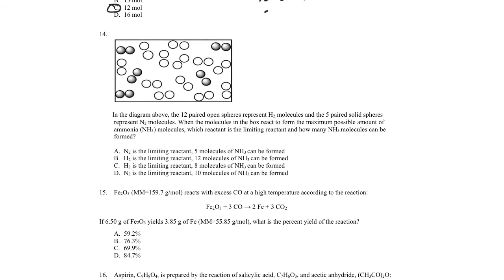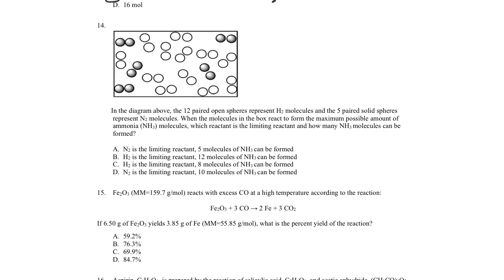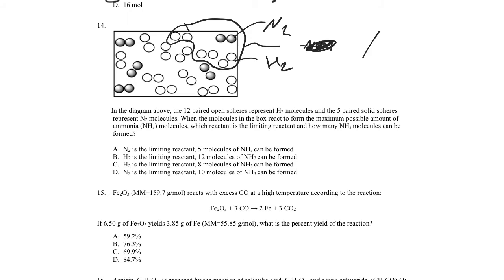Diagram shown. 12 open spheres represent H2. The 5 solid spheres represent N2. When the molecules in the box react to form the maximum amount of ammonia, which reactant is the limiting reactant, and how many molecules of NH3 can be formed? Okay, so these are the N2s, these are the H2s, so I'm going to take 3 of these. The key is that we're making NH3, so I'm going to get 2 NH3s out, and maybe I'm tracking my NH3 count,